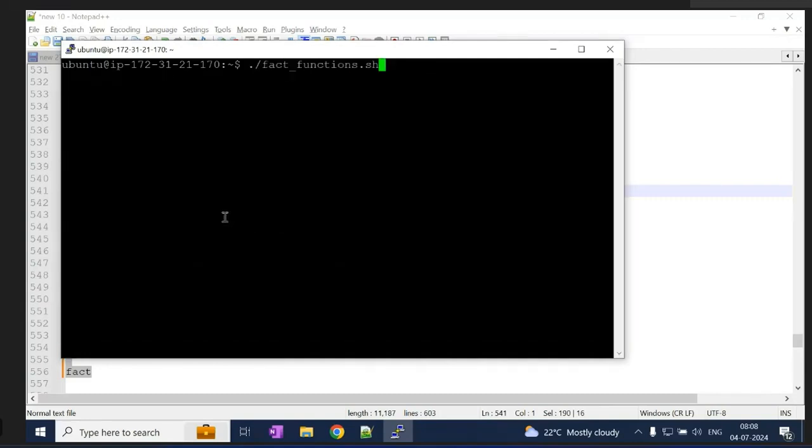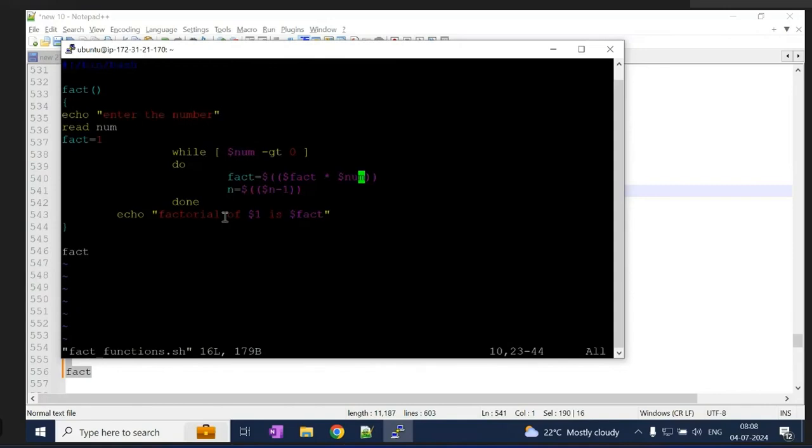What is the code which is throwing an error here? I think you need to use a space before $fact and after $num.